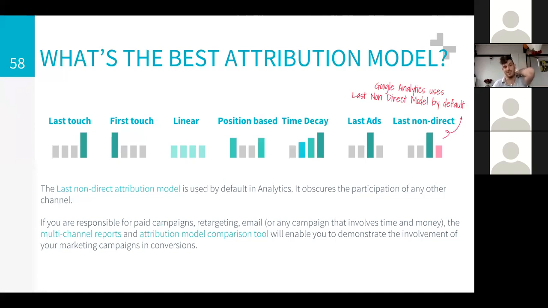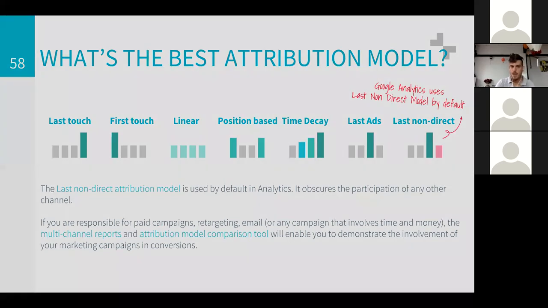The answer to your question is there is no such thing as the best one. There are some that are easier to interpret than others. And before you go customizing your own attribution model, I will start with playing around with the attribution models. And once you really understand every bit of each attribution model, then you can create your own. So in Analytics you have some reports that enable you to play around with the attribution models. So that's what we are going to cover